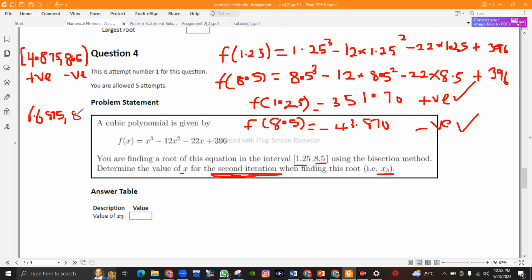So that's the range of the roots. Then we can find x at that point, our x3. As if we are finding x3, it will be 8.5 plus 6.6875, divided by 2. And when you do that,